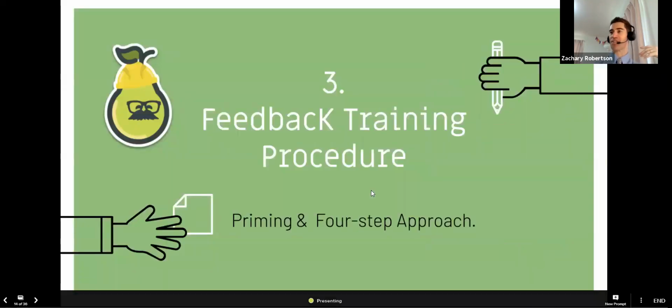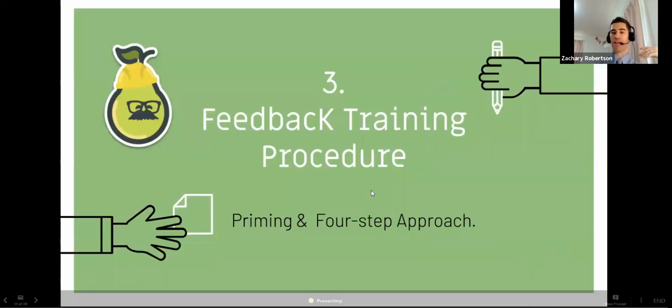So let's actually look at the procedure itself. So I use a modified approach. I took part of it from a research paper by a man named Min, and I'll show that later. He advocates a 4-step approach, but I've also found that a priming activity is very useful too. So I'm going to show that first, just to get the students on board with what peer assessment and